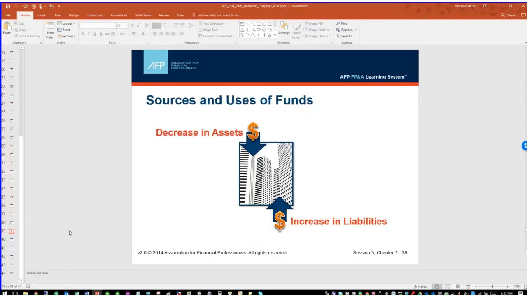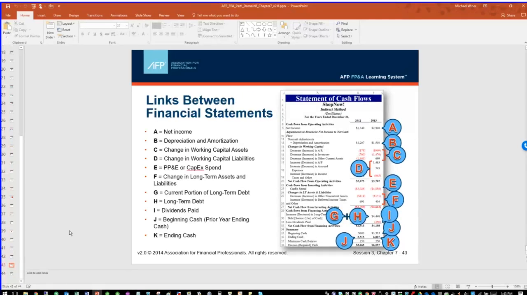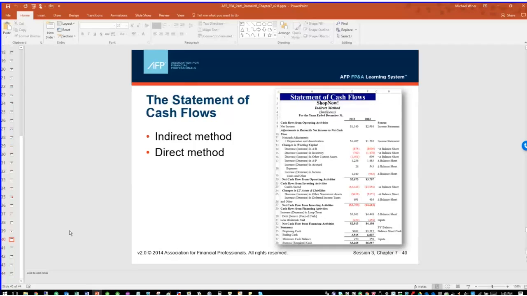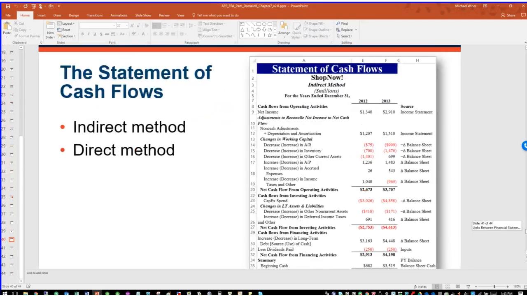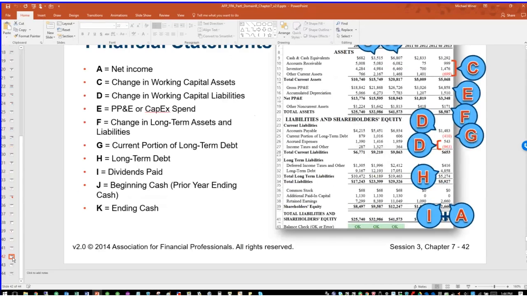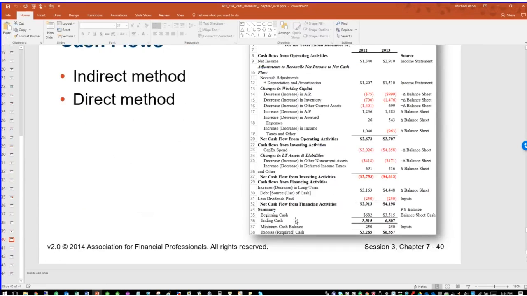Forgive me for kind of jumping around, but let me go down. Whoops. Never mind. Okay, here's the summary. It's not very large. Let me see if I can make it a little larger. Whoops. I'm sorry. What's happened? Oh, I jumped. Oh, yeah. Where have I gone? Here we go. Okay. What happened was I used the cursor and I jumped slides instead of within the slide.